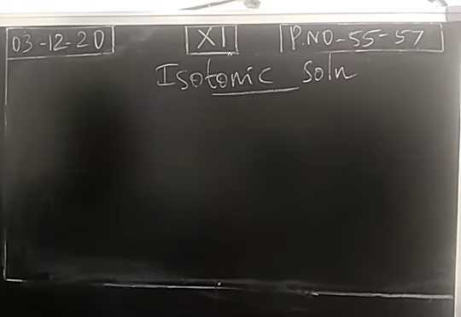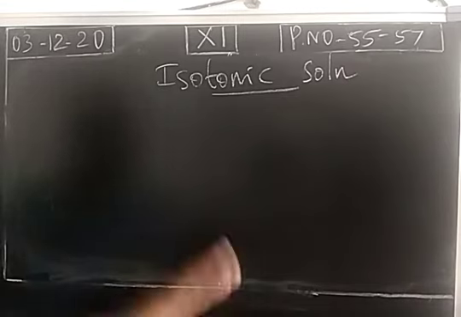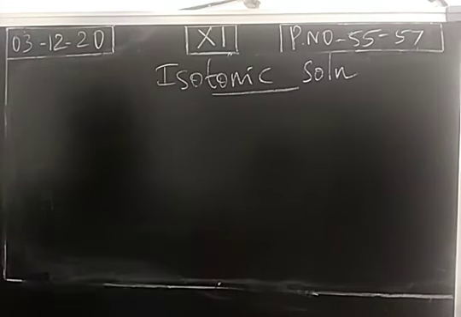The flow of a solvent from one solution into the other solution is not possible, or else we may say the rate of forward and reverse movement will be the same. Compartment 1 to 2 as well as 2 to 1, the movement will be the same. Like that we may explain. The net flow of solvent is not possible.